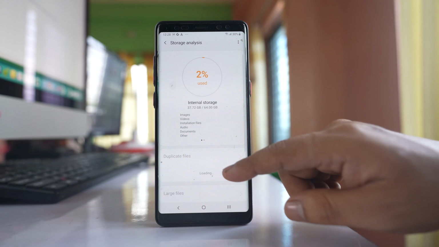Select this arrow here, and here you will be able to see which files are taking up more space. If you don't need any of this file, select and then delete. So from here, what you will be able to do is you will be able to check which applications are taking up more space, see if it is necessary or not. If it is not necessary, then delete that file. Let me again go back,